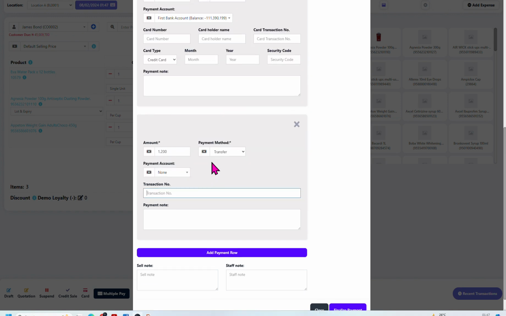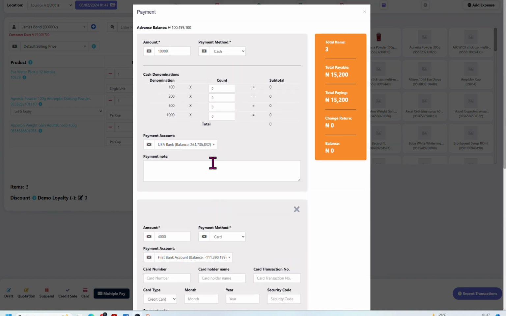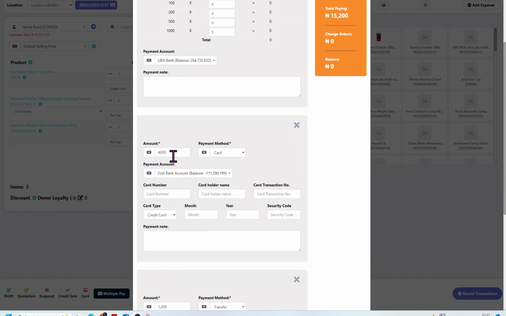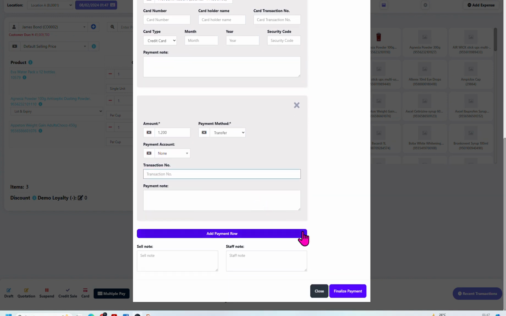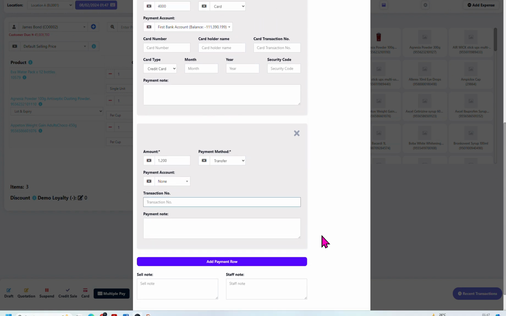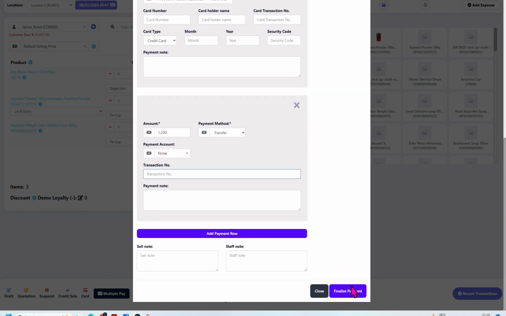So the client has paid the total amount of 15,002 by three different methods: 10,000 cash, 4,000 card, 1,002 by transfer. This is just to show the various options you could use, right? And I want to close out the payment. I finalize payment by clicking on this tab, and the payment goes through